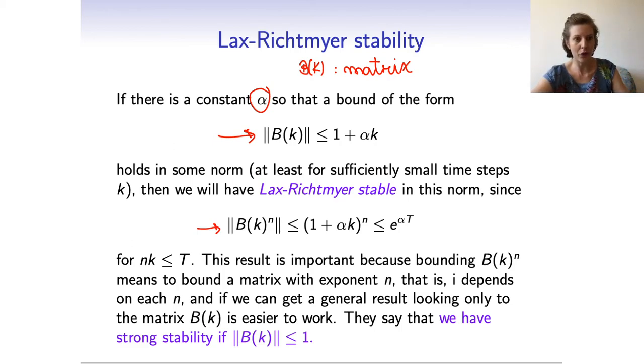And therefore talking about stability of this numerical method, which is linear, it's related to the eigenvalues of this matrix representing the method. So we would want the eigenvalues of this system of finite difference to be bounded by 1,